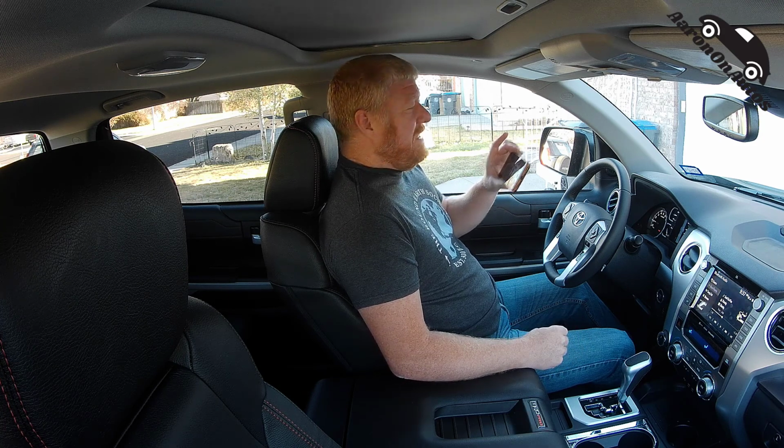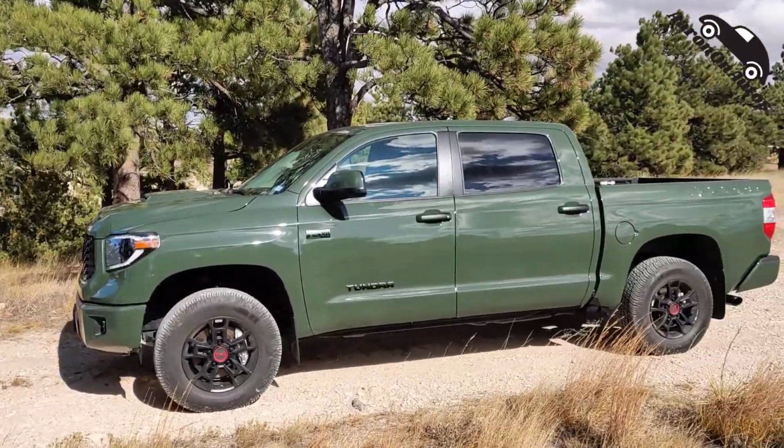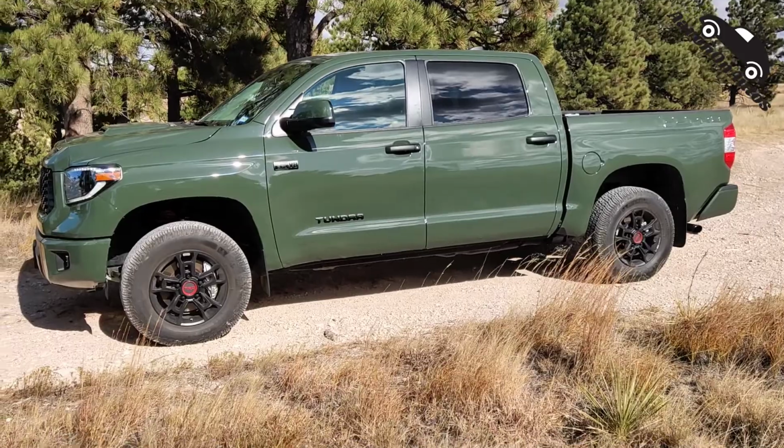Today we're doing our shaky cam interior review inside a 2020 Toyota Tundra with the TRD Pro package, and it's in that beautiful green. You can kind of see it here. I'll show you photos. Wow, it's a really pretty truck, and